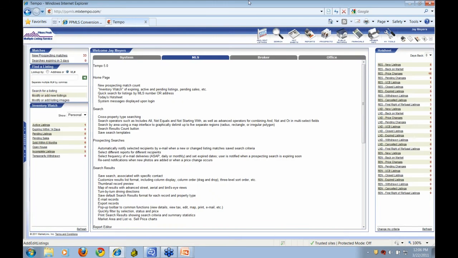CMA Day today. Well, let's talk CMA. First of all, what I want to bring to the head of the table is that our CMA session today is going to talk about how to build a CMA using the tools that are in the Tempo 5 system. We're not going to talk about how to search for your comparable properties, because that's very subjective for each and every CMA that you do. So we're going to use just a standard set of criteria today, do some hypothetical situations as far as our comps. Then we're going to take those comps and load them into the program and show you how to build a very customizable presentation that you can share with your clients.